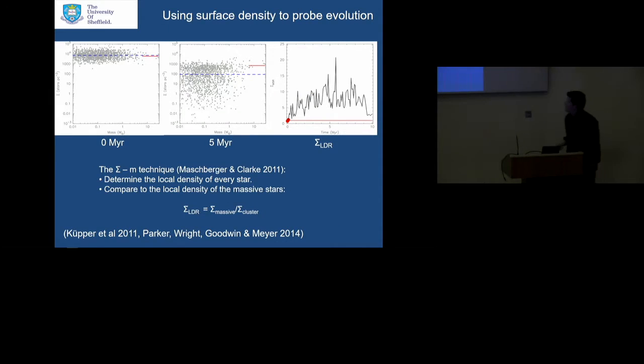So this is what happens in the n-body simulation. Again, very dense initial conditions to begin with, and the most massive stars to begin with are not in regions of higher than average surface density. After a couple of million years, the star forming region has relaxed and the density has decreased by a couple of orders of magnitude. But you can see that the most massive stars are in regions of significantly higher than average surface density. And this, in that simulation, is because they all sank to the center through dynamical mass segregation.